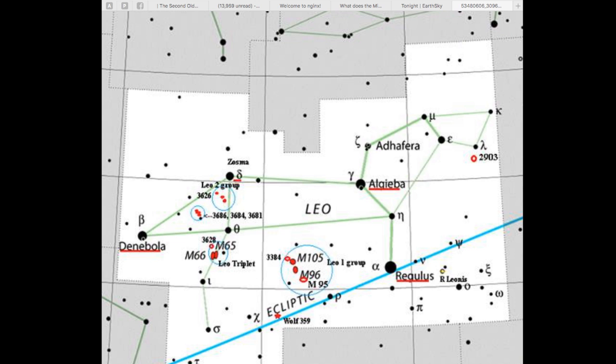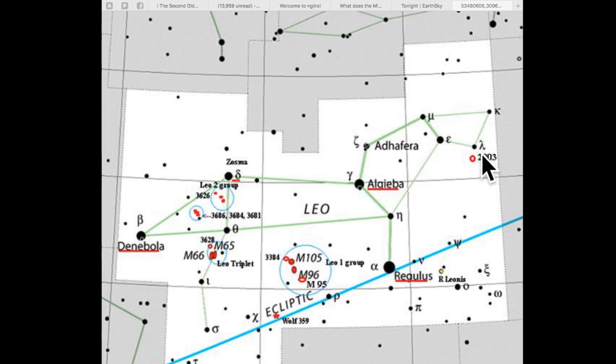And let's see, we've got NGC 2903. Now this is part 1 of 2, so there will be additional info next week. But our next one is